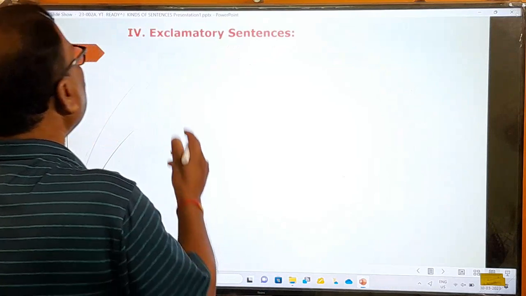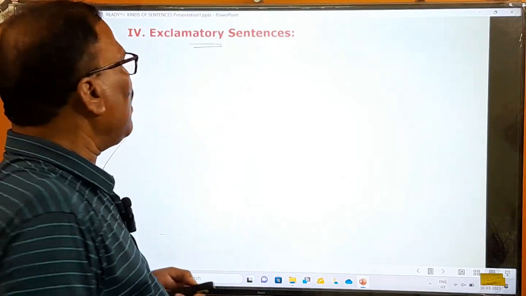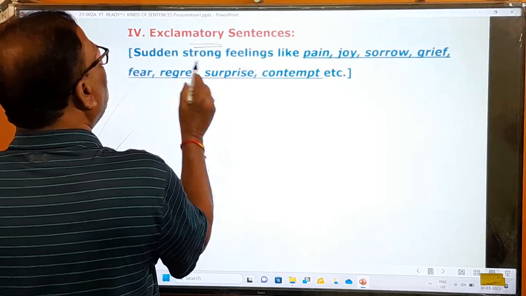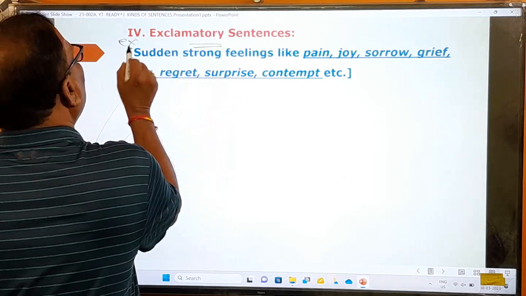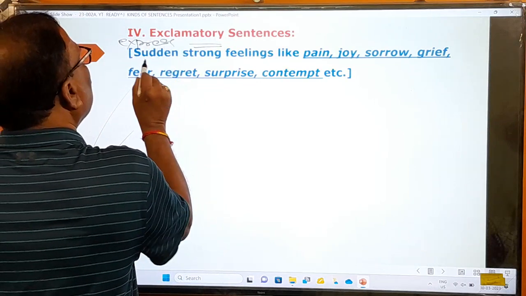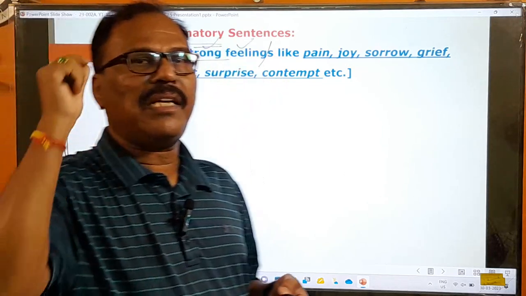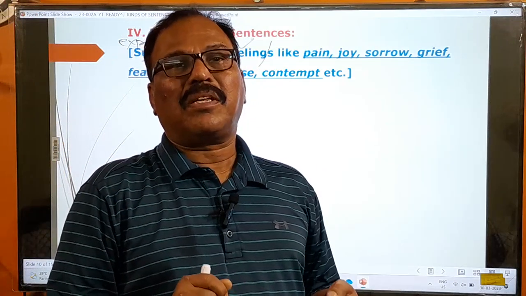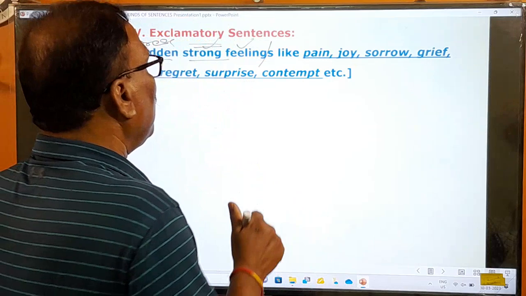And here, exclamatory sentences. This is the last kind of sentences. What is an exclamatory sentence? Exclamatory sentences are sentences that express some sudden strong feelings. Sentences that express some sudden strong feelings are called exclamatory sentences. What kind of feelings do we get? Pain,